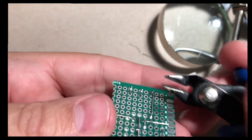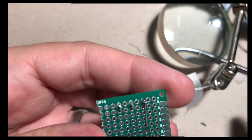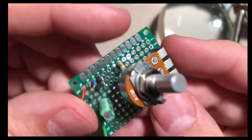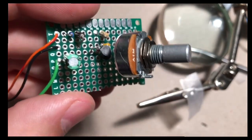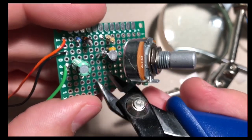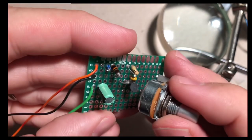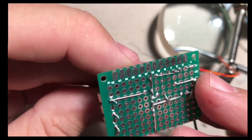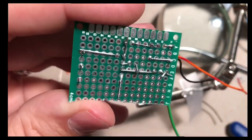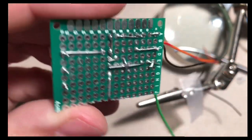And I'll just leave that. I don't think it's going to hurt anything. Now you remember that the E for this little buddy should go to ground. So when you flip it over, you'll kind of see that we started doing that. It's not going to really reach, but